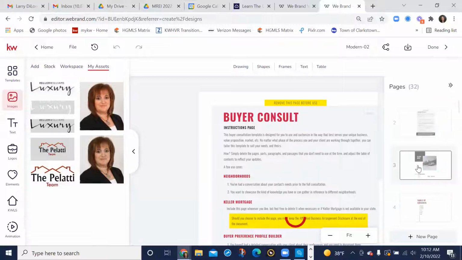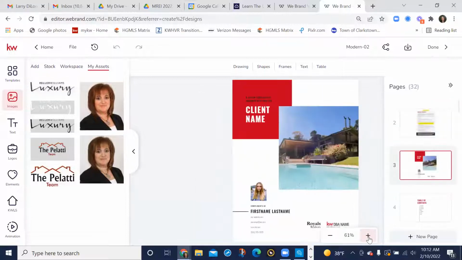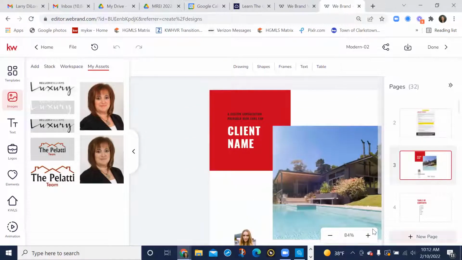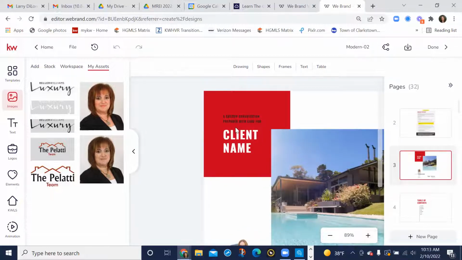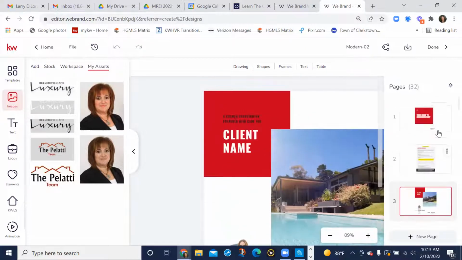All right, now I'm going to page 3. And we're not going to go through every page. I'm just going to go through a few pages to show you guys how to do it. And we'll talk about anything that's in here. So this one here says a custom consult. So actually that first page,